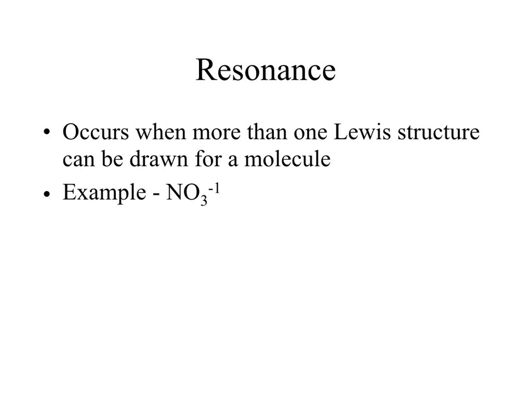Last thing with these bonds is called resonance, which occurs when more than one Lewis structure can be drawn for a molecule. So we've got nitrogen and oxygen together. Nitrogen has 5 valence electrons. Oxygen has 6. This is an ion, so we're going to add 1 more. So we've got 24 valence electrons here. So let's try